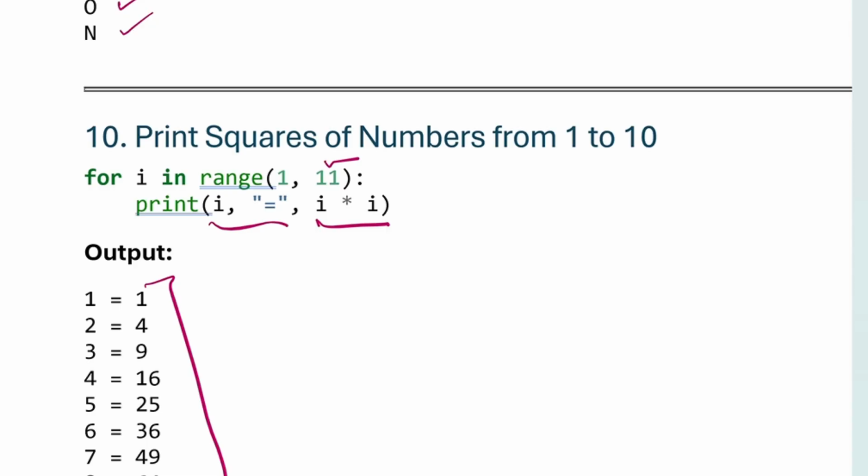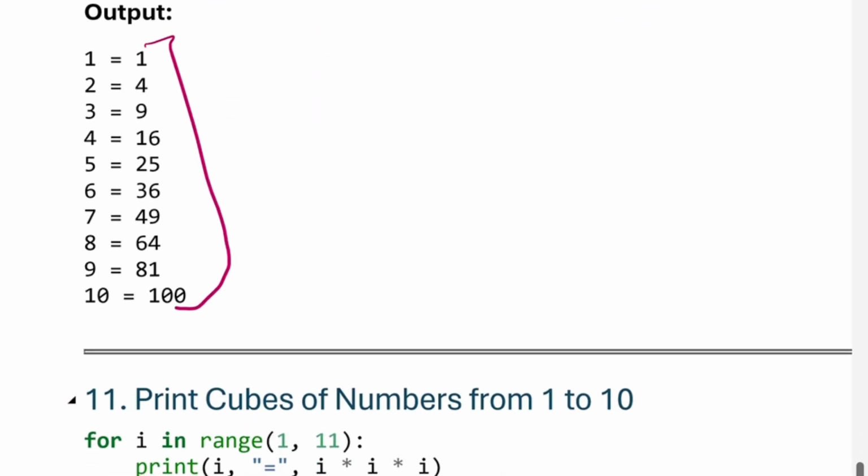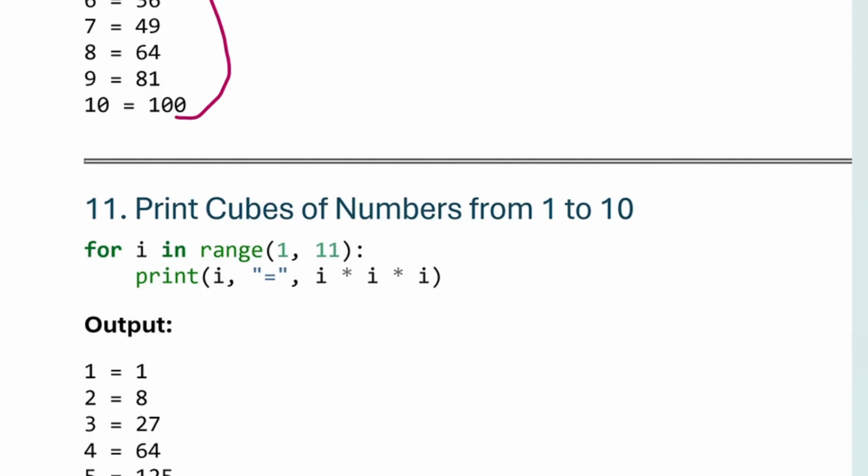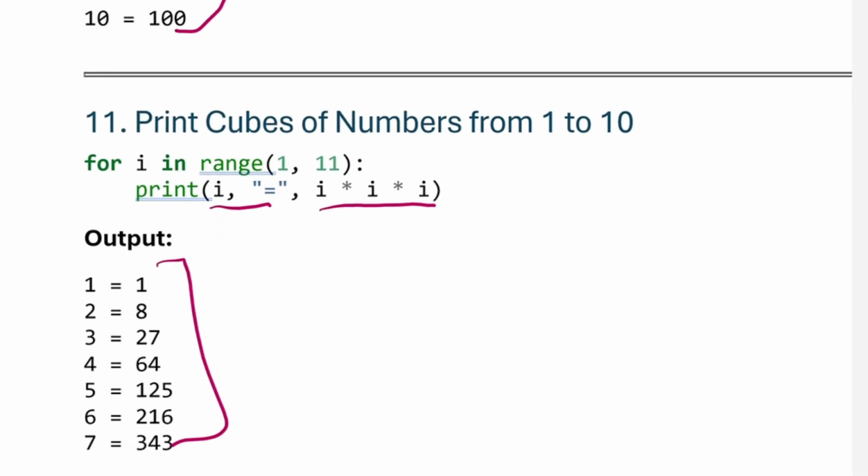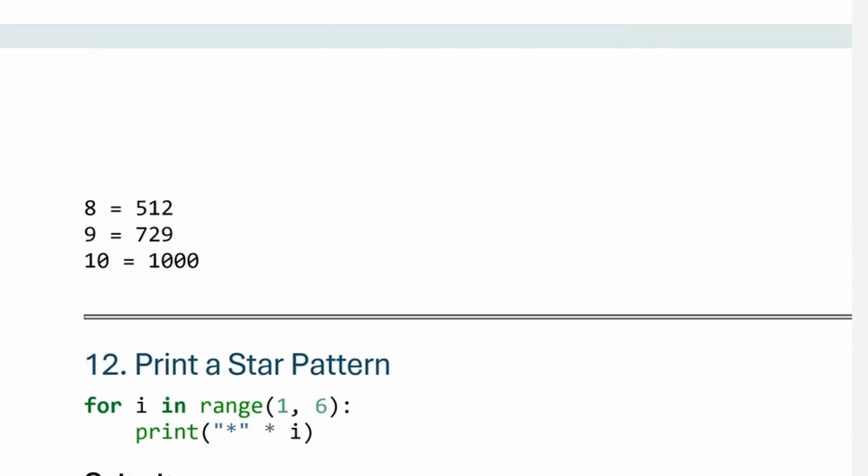Here it is written i equal to, and i into i is the value, 1 square, 2 square, 3 square. Cube, for cube you can write i into i 3 times, that means it will print the cube. And this is i equal to, 1 equal to, 2 equal to, this is your cube of 1, 2, 3